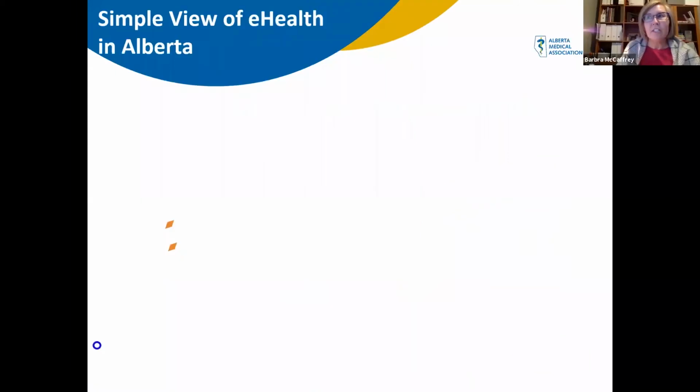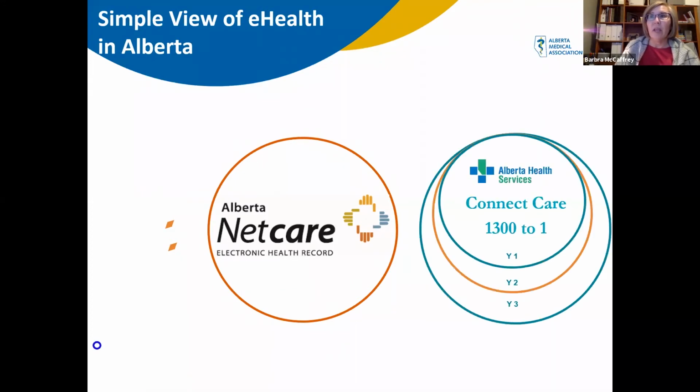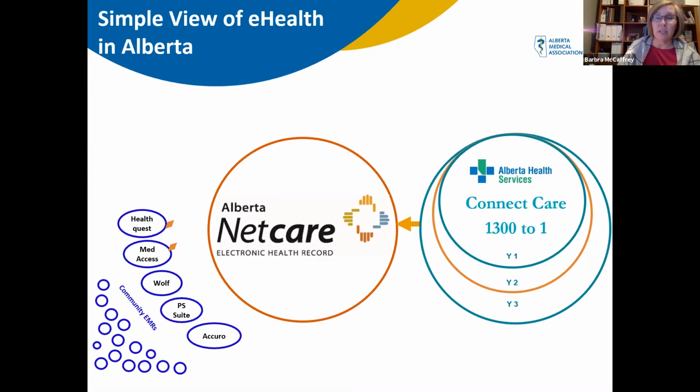Thanks, Brad. I'm going to start with some components of our eHealth system. And this is a very simple view of eHealth in Alberta. Let's start with Alberta NetCare. This is the provincial electronic health record that collects information. Historically, it's been mainly from AHS systems, but other data as well. AHS is implementing a common clinical information system, moving from 1,300 systems to one in 9 waves over the next 3 years, called ConnectCare. Information from AHS has long been supplied for viewing in Alberta NetCare, but we do have